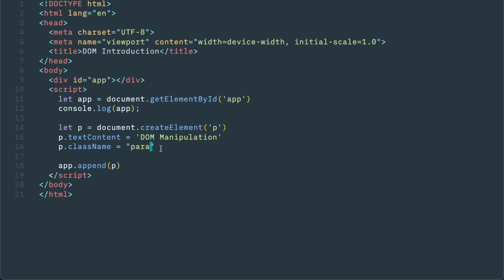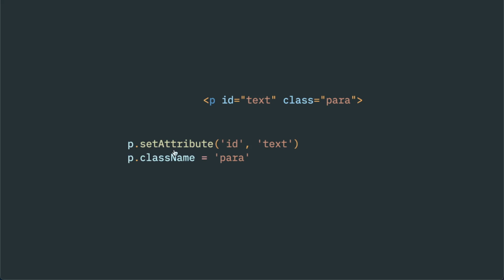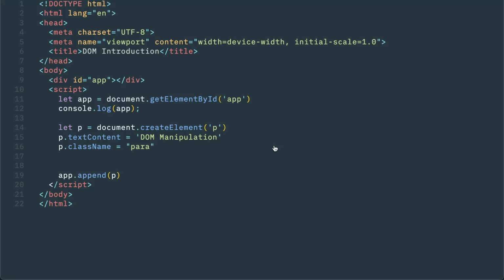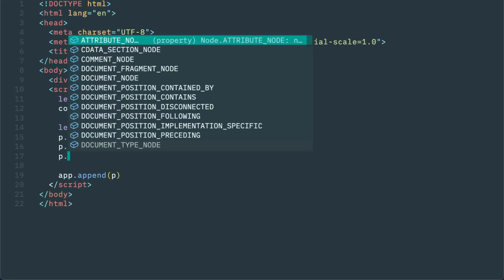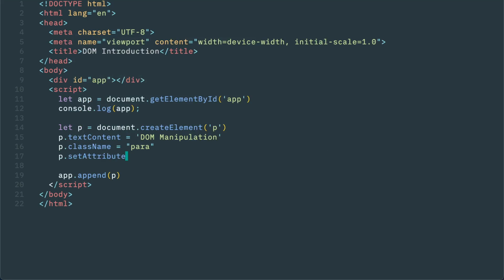And also we want to add some attribute. If you remember our function, it is setAttribute, it is not createAttribute or addAttribute. Even though ID is a new one, by setting any key value pair, we can get that ID attribute. Okay. So p.setAttribute, it comes in the first autocompletion,